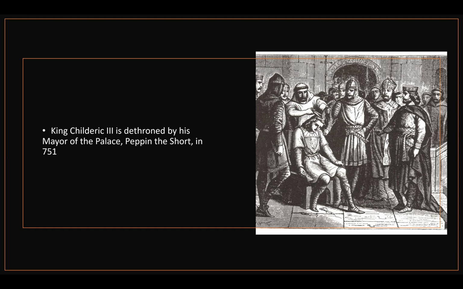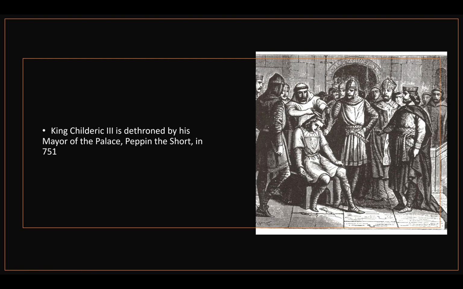So he forced Childeric to abdicate, to pass the crown to him, and Pepin the Short put him inside a monastery. And in this picture, we can see how they are cutting his hair, because according to the tradition, some monks have to shave his head, and that was the end for him,